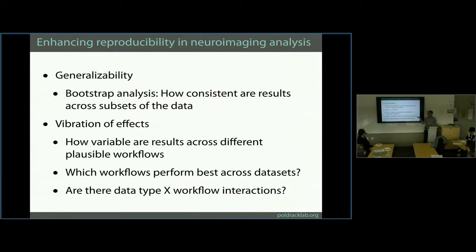We can also start to ask questions like, which of those 1,000 workflows in general perform better in terms of, say, out of sample generalization? And are there data type by workflow interactions, such that some workflows work better for, let's say, data collected with a slow TR, or a slow sampling interval versus a fast sampling interval, things like that.